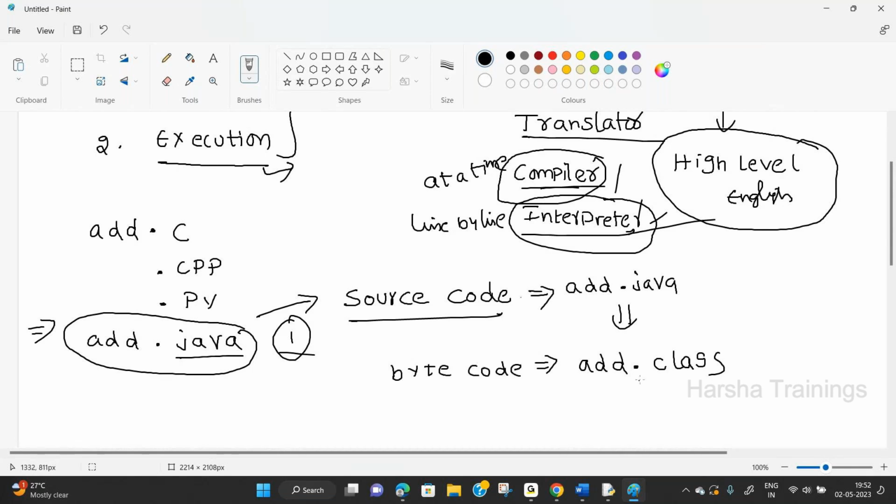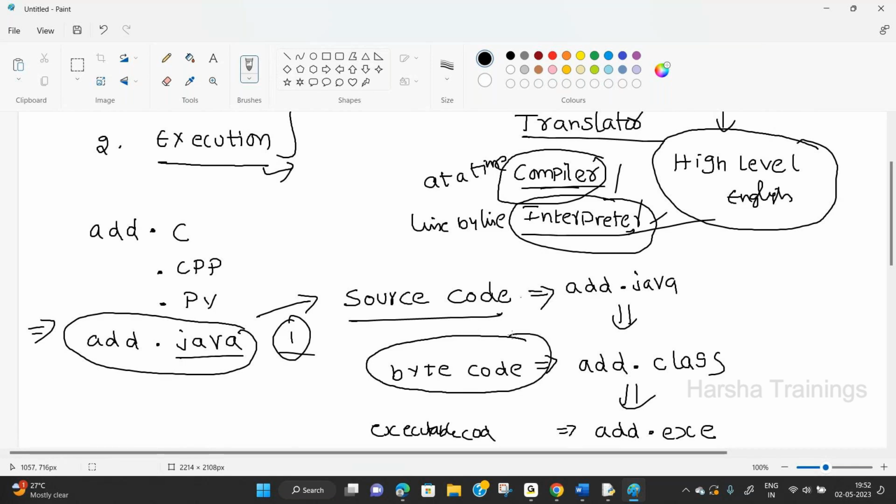And after completion of execution, it produces .exe. This is called executable code. Now everyone needs to remember this term. You are learning Java, you need to remember one term, bytecode. After completion of the compilation, it generates a .class file. That class file is called bytecode.